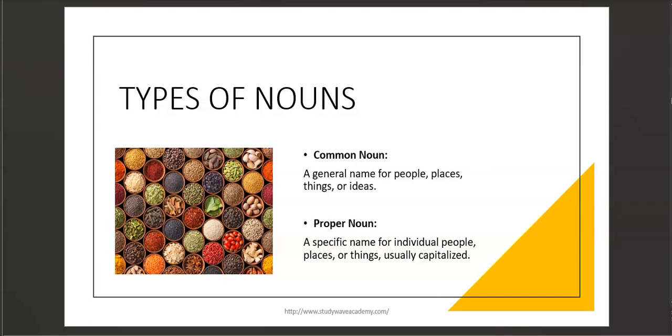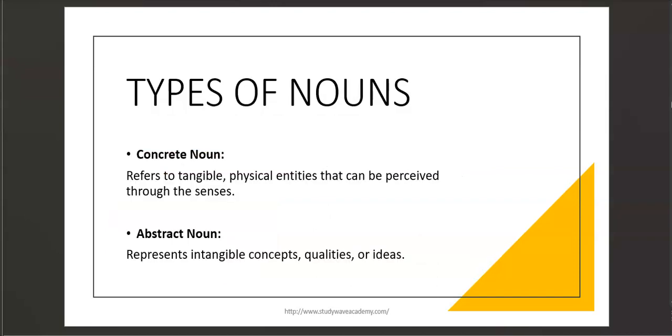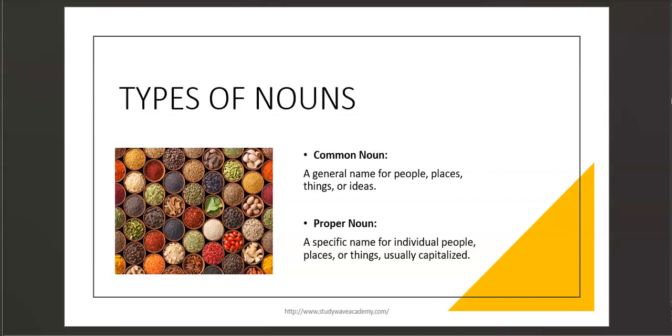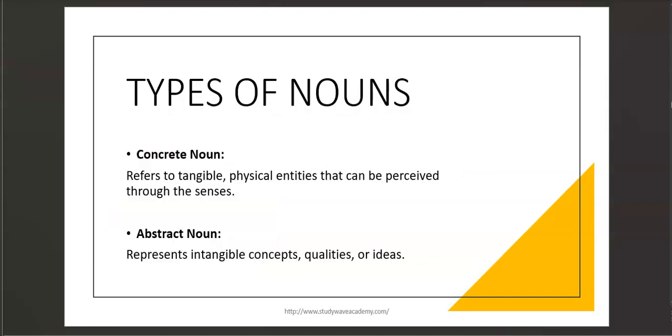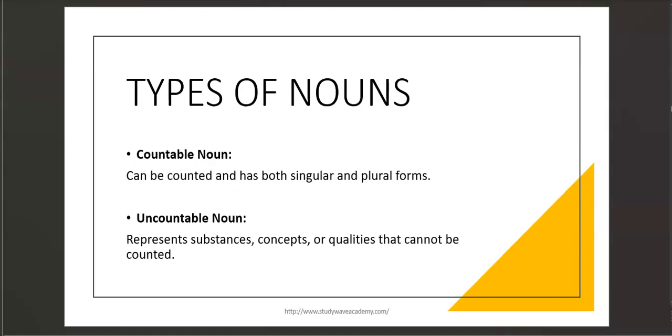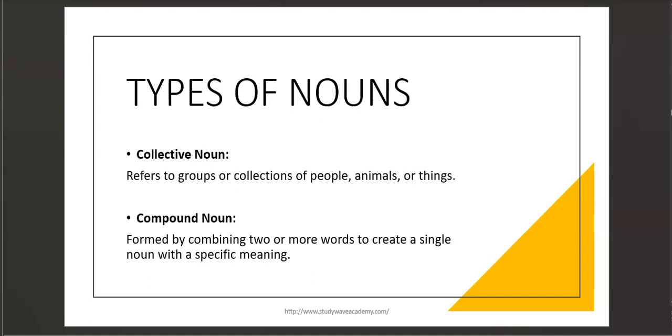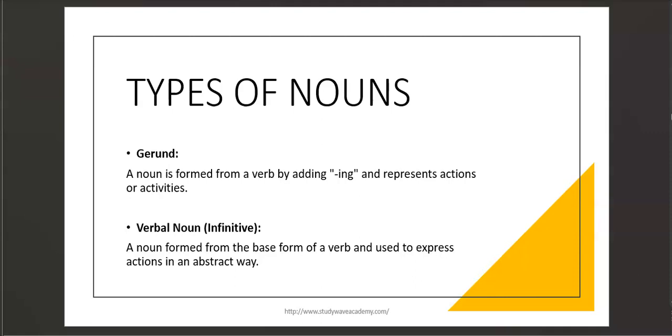So we have the common noun, okay, let me look at them again. We have the common noun, we have the proper noun, we have the concrete noun, we have the abstract noun, we have the countable noun, we have the uncountable noun, collective noun, compound noun, gerund nouns, and the verbal nouns or the infinitive nouns. So now we're going to focus on each one of them and understand what they are. So we're looking at them